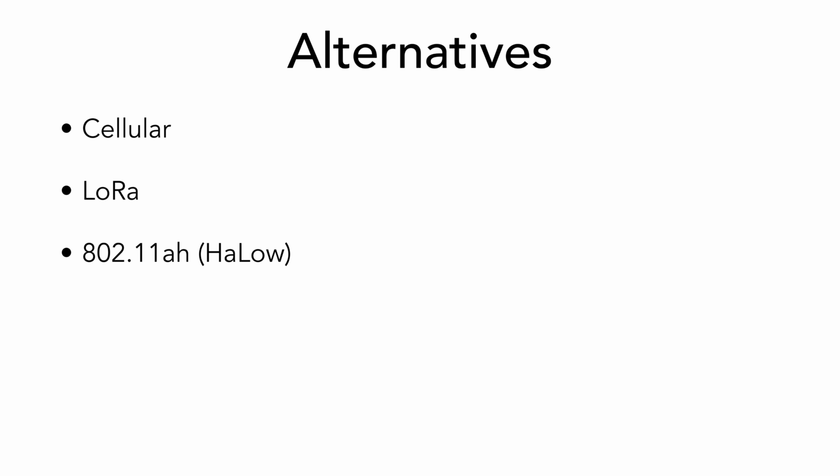And so we looked at alternatives. We could say, well, let's just ignore Wi-Fi and just go with cellular. And that would have been a good option, except that it tends to be more expensive. Cellular hardware, both the hardware and the data plan, is very expensive. And that isn't even a guarantee it's going to work, because some people in their homes have poor cellular connectivity. So cellular is not that great of an option.